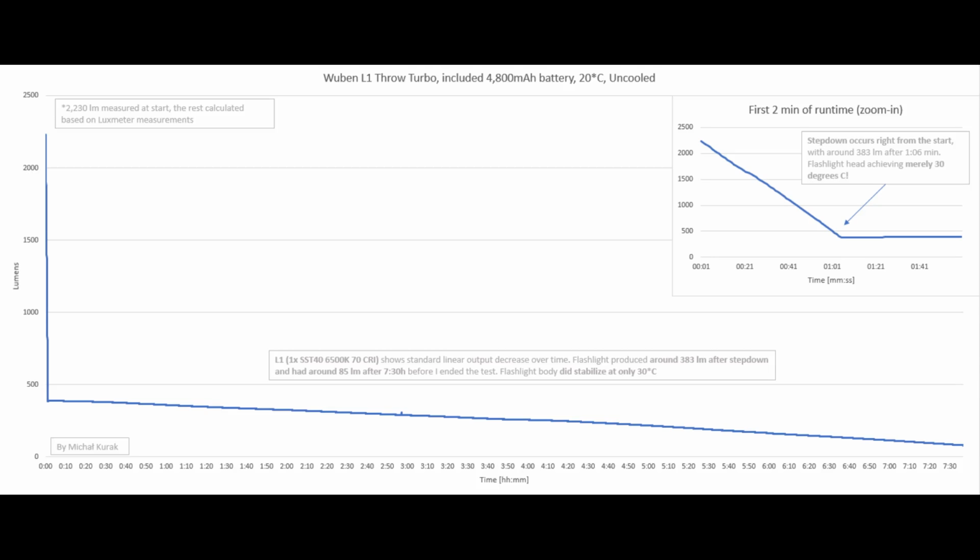Then, as you can see, we've got a standard linear output decrease, which is really a shame in a flashlight that costs $80 and is signed by the Wuben brand. Obviously, runtime is a strong point of this construction, however, after 7.5 hours you merely have an 85 lumen level, which is really not that bright at all, and the flashlight body stabilized at 30 degrees Celsius, so I think the potential